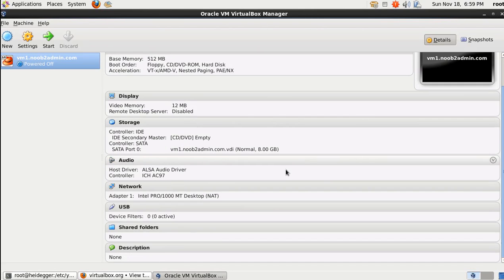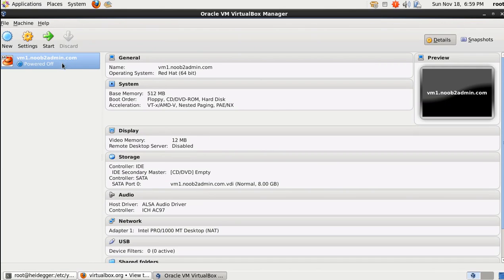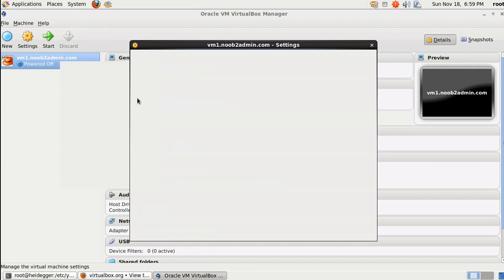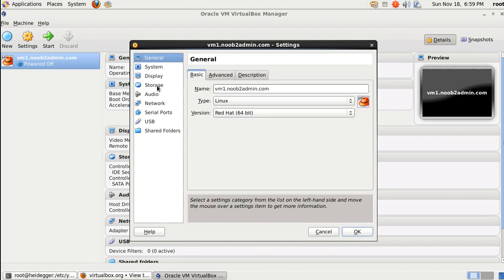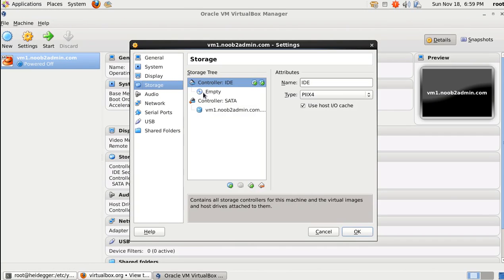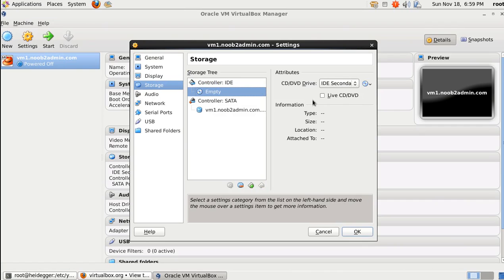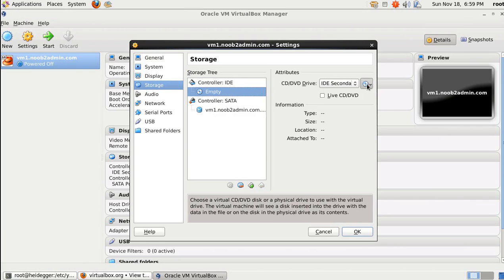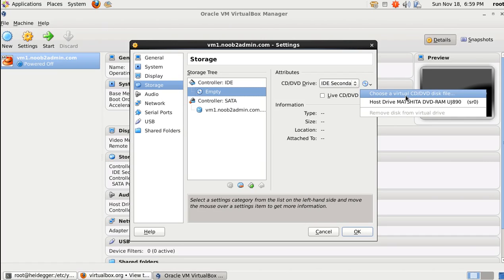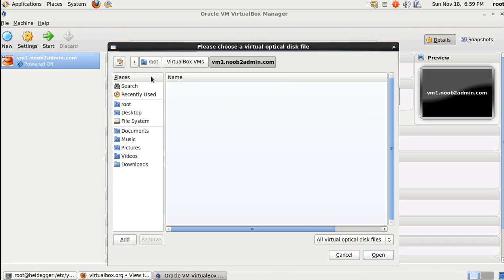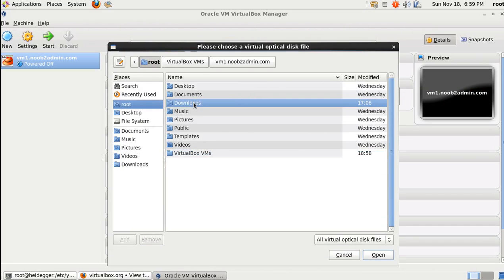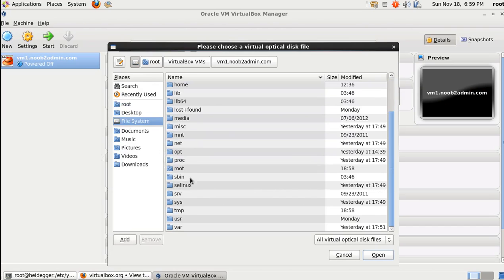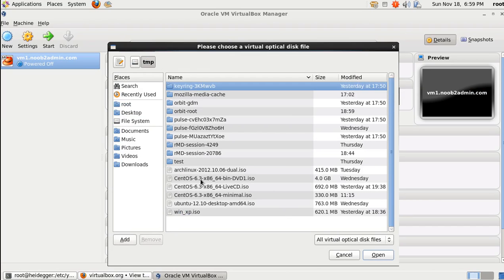Okay. I'm going to be honest with you, I do not use this. So, settings. And storage. And okay, cool. And empty. And I want to add a, choose a virtual CD DVD. Okay, so we're going to choose that, and we're going to go to file system, temp. By the way,